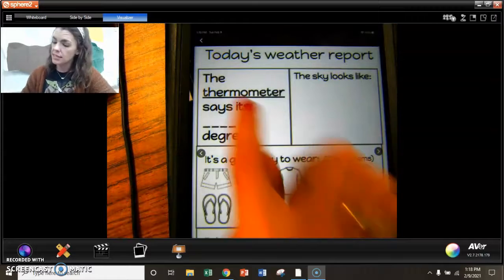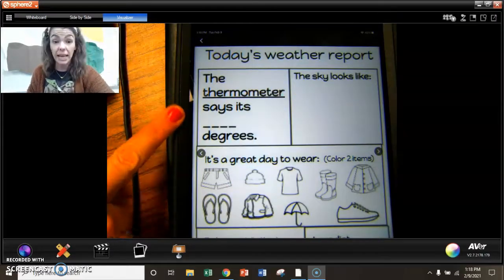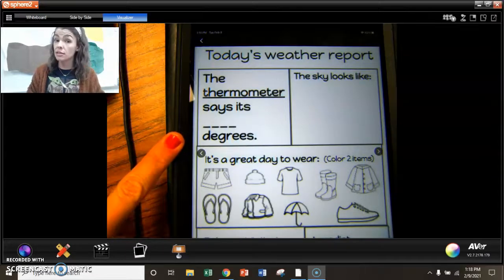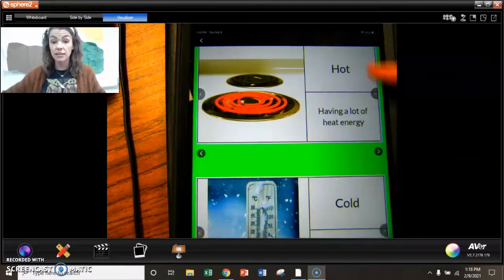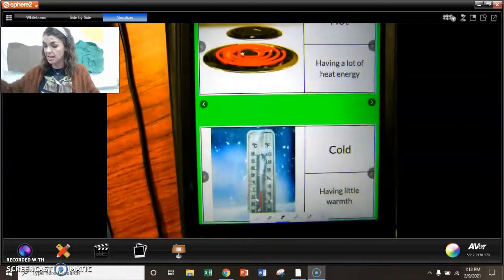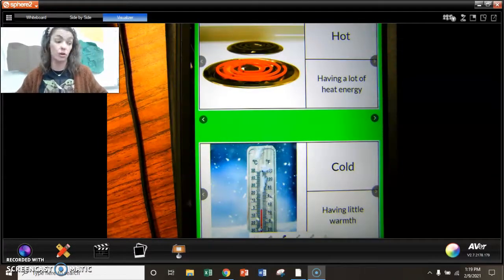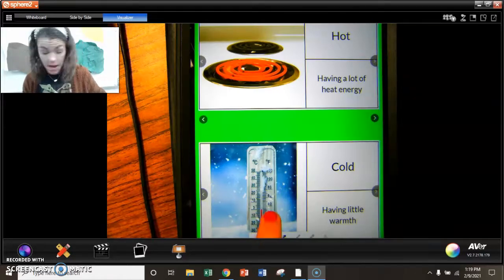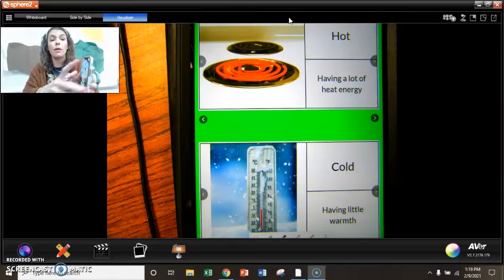My first box says the thermometer says it's blank degrees. We talked about the temperature we read on the thermometers. It can go way up when it is hot, and it can go way down when it is cold. Today, you're not just telling me the word hot or cold, but you will need to know that number of the temperature. You can use a thermometer to read the temperature, or on your phone, you could use the weather app